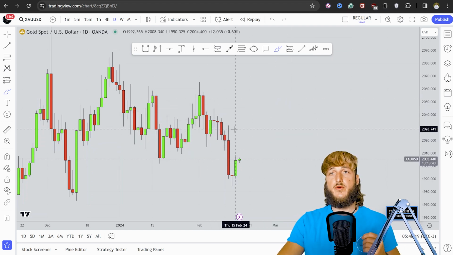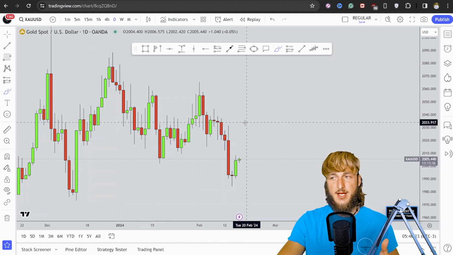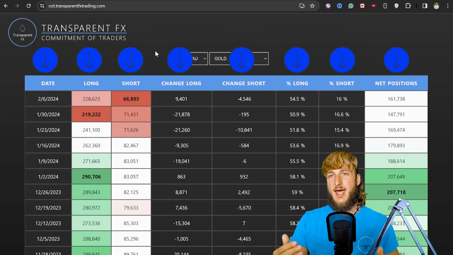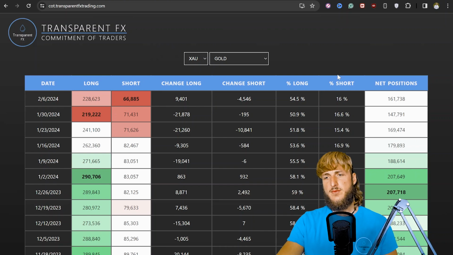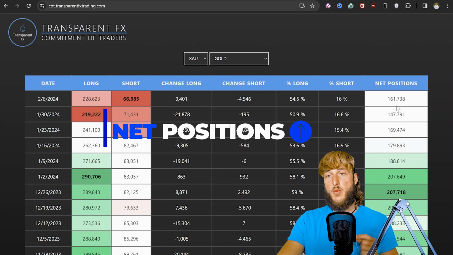Now, before we continue further with the analysis from a technical perspective here on the daily time frame, first, let's go and see what we have when it comes to the commitment of traders. So the COT data, so essentially what hedge funds and the big players in the market are doing precisely on gold. And what we can see is that with the last reports, net positions have once again started to get increased. We went, in fact, from having